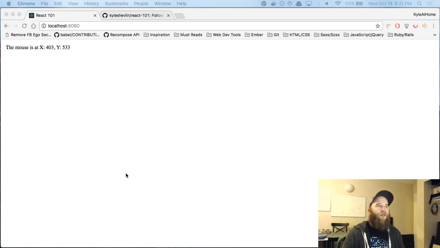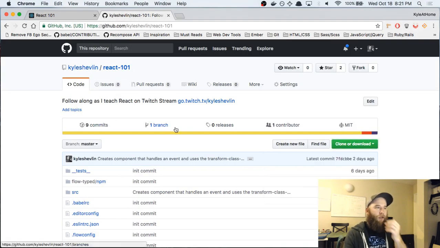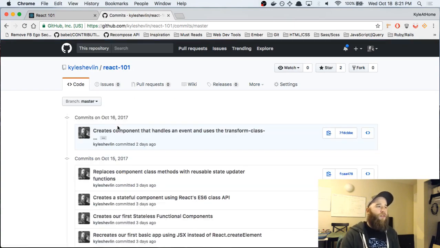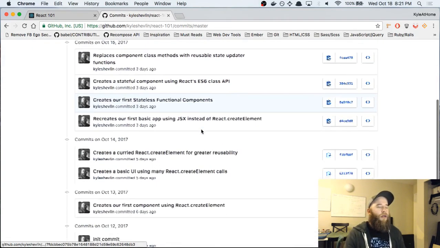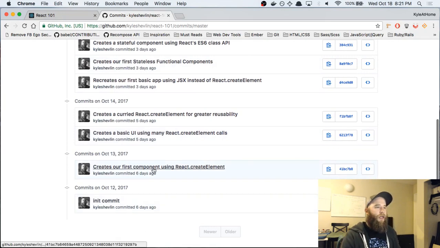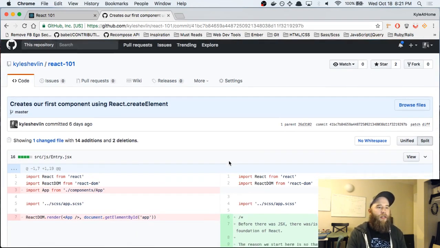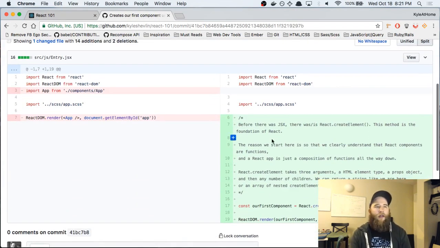You can go to this address, and if you look through the commits, I actually want to show this to you because it's kind of how I want to structure it. You can see in the diff, I've left a comment about what we were learning and literally the code that we did to do it.